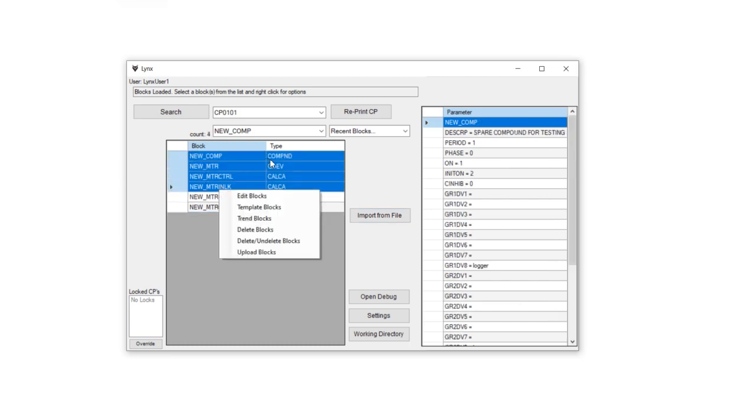Now from here we can choose them all and upload. If we don't want them anymore, we can delete them. We can do some trending if we add any parameters to the historian, anything like that. We can make some edits. But that's just a general overview of how to make some